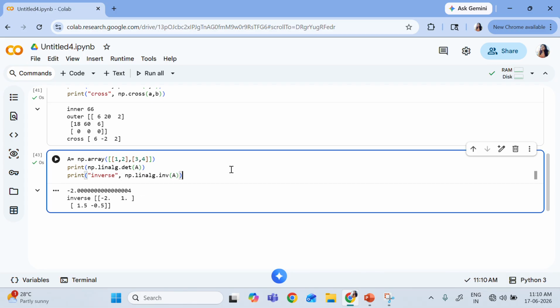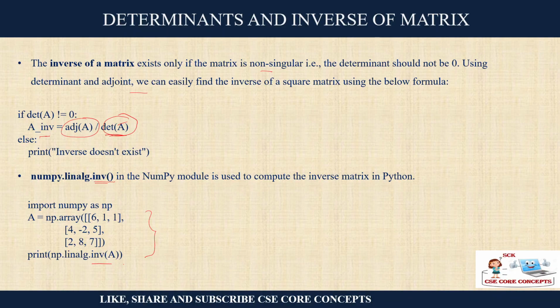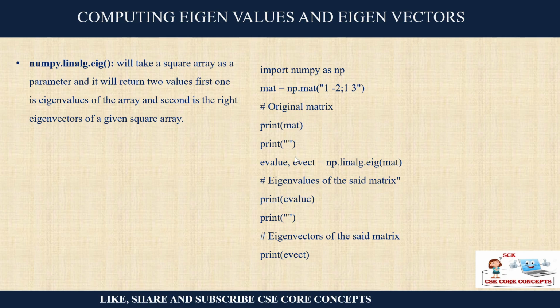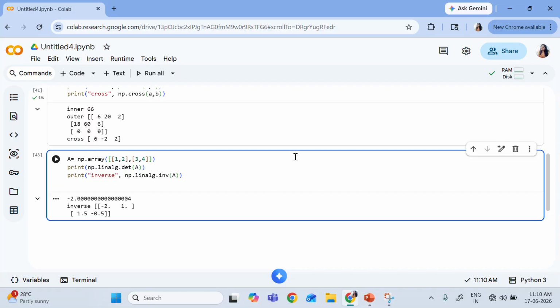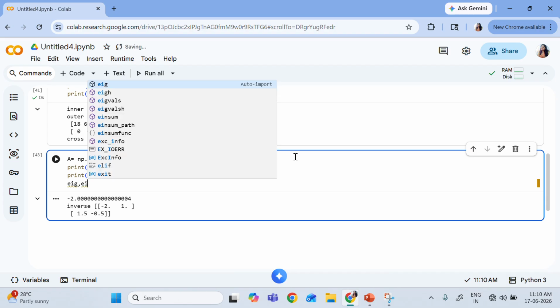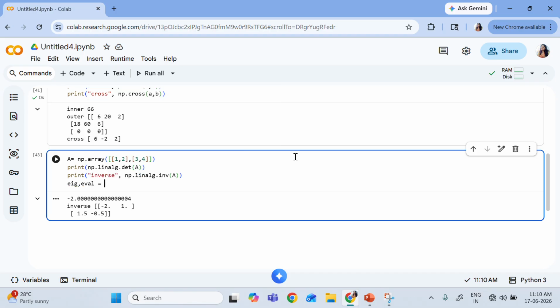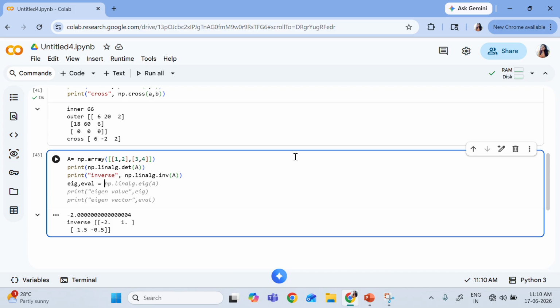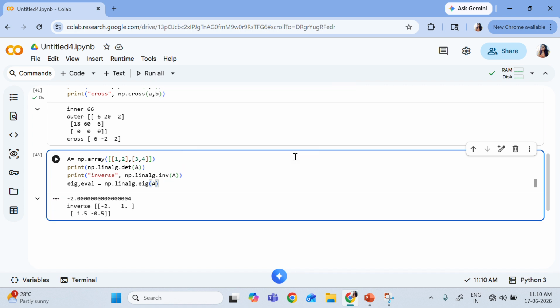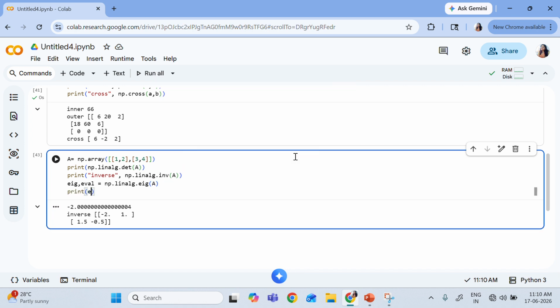And now if I want to find out the eigenvalues and the eigenvectors, for that I have a library function. Here it will return two values: one is the eigenvalue and one is the eigenvector. That is why you have to take two variables. So linalg dot the function is eig. Understood? And now you can print the eigenvalue.